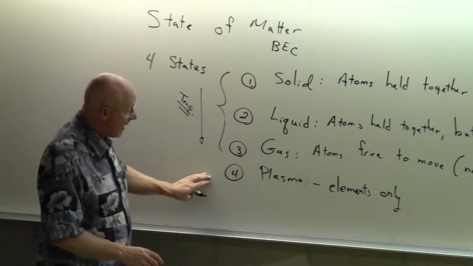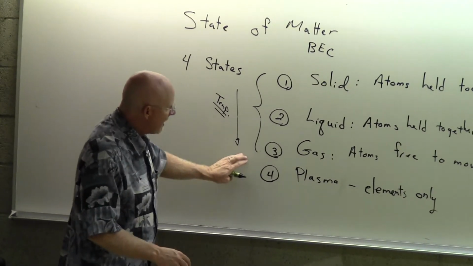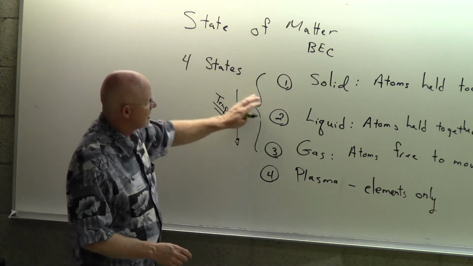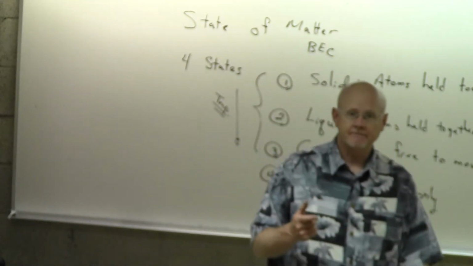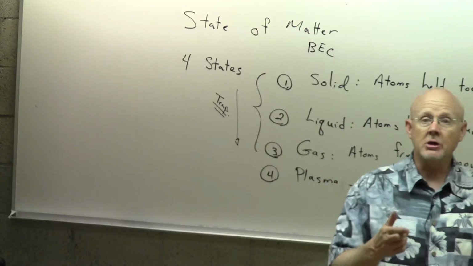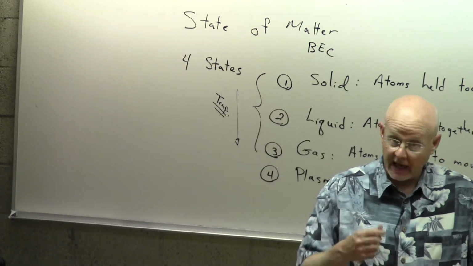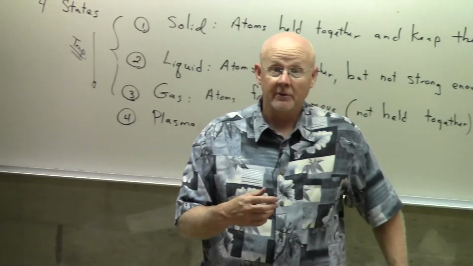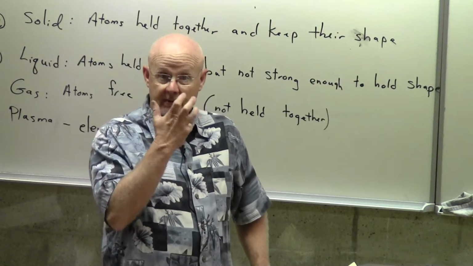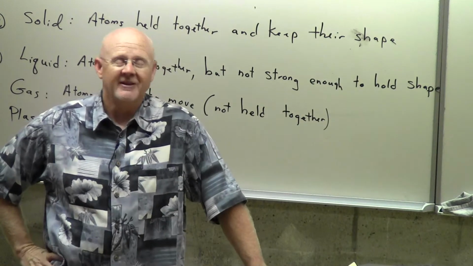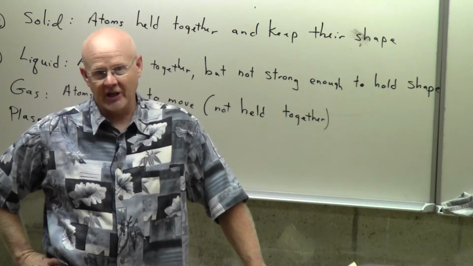I want to keep going to higher temperatures and talk about plasma, but I think maybe the best way to go is to go back to a solid. How about I take a piece of chicken and I warm it up? Do I get liquid chicken? Is that how you make chicken soup? Do you make chicken soup by taking a piece of chicken and putting it in the oven until it gets so hot it becomes a liquid? Well, of course not. What happens to a piece of chicken?